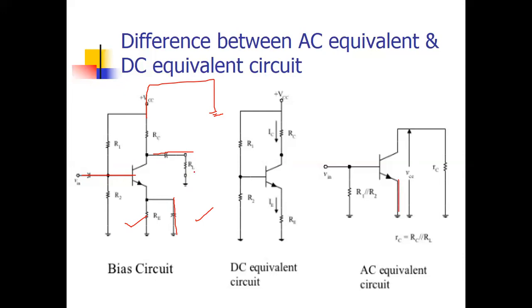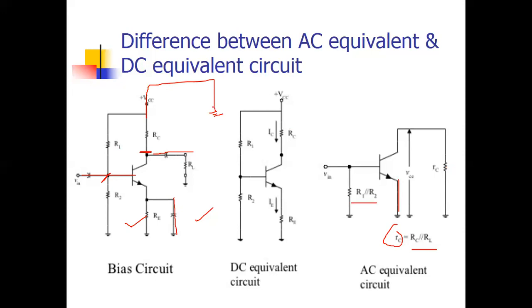Now this RL is connected to ground, and this RC is connected to ground, and across this both will be parallel. So we can write here RC parallel RL, which is replaced by some different resistance, RC dash, that is equal to RC parallel RL. Now the same in this case, R1 is connected to ground, and this R2 is also connected to ground. So at this particular node, both resistors are connected to ground, so both resistors will behave as a parallel combination. So R1 parallel R2. Understood?